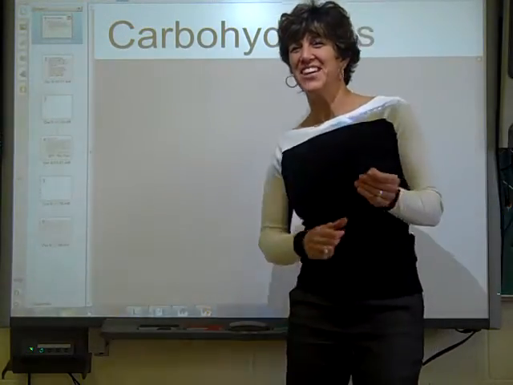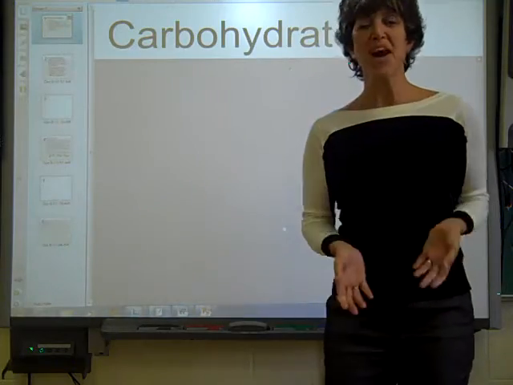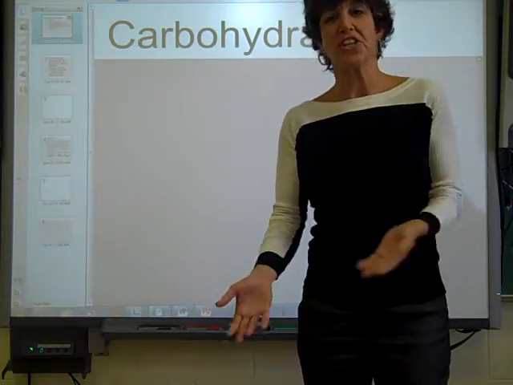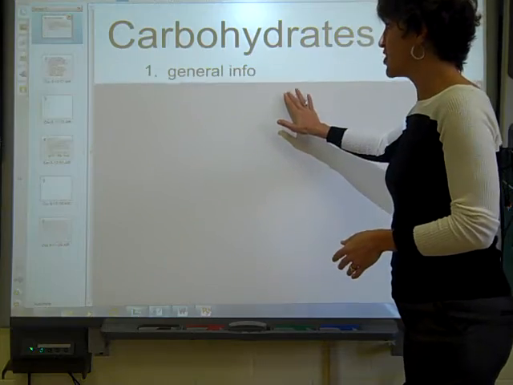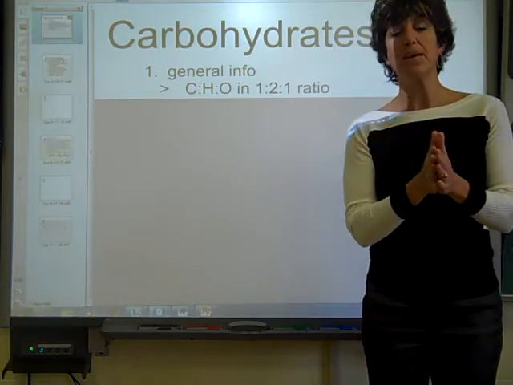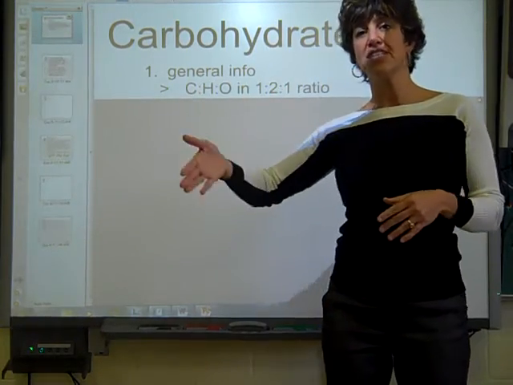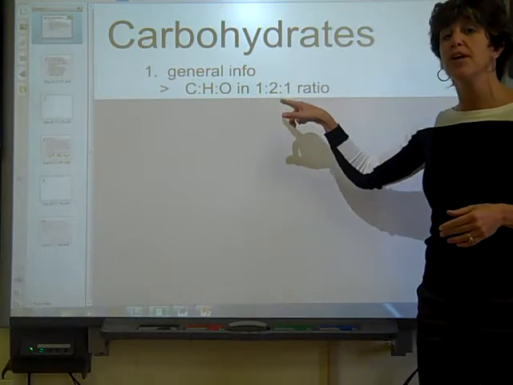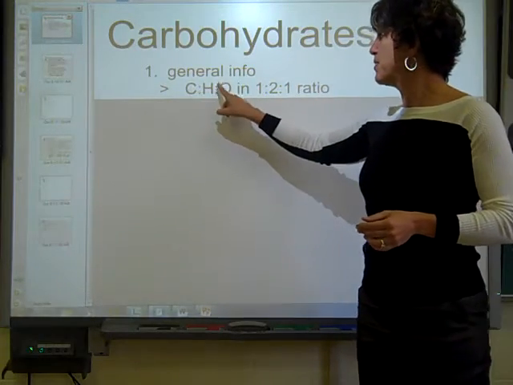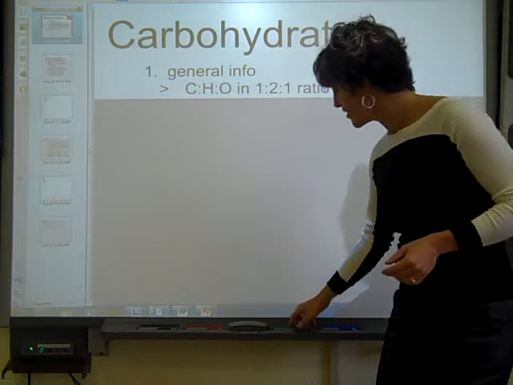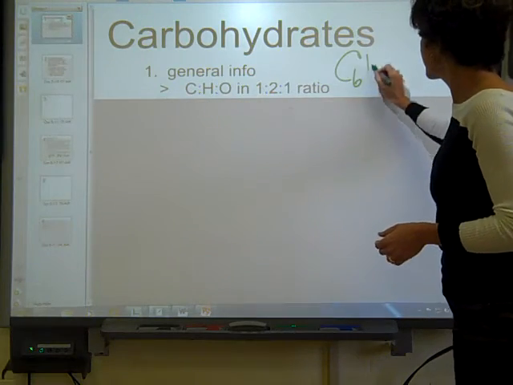Biochemistry video number 2. Today's all about carbohydrates, which of course you know are sugars. So things about sugars. First of all, they have a really basic formula: carbons, hydrogens, and oxygens in a 1 to 2 to 1 ratio. So 1 carbon for 2 hydrogens for 1 oxygen. If you think of glucose,